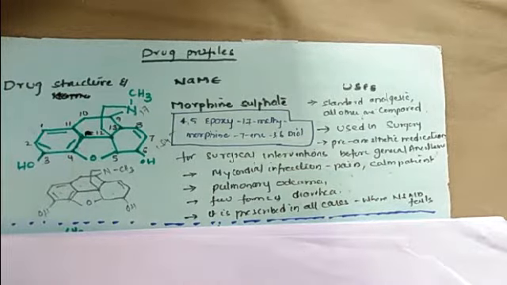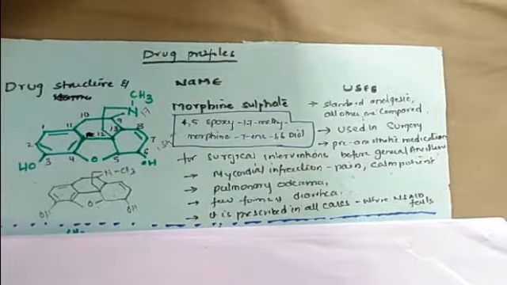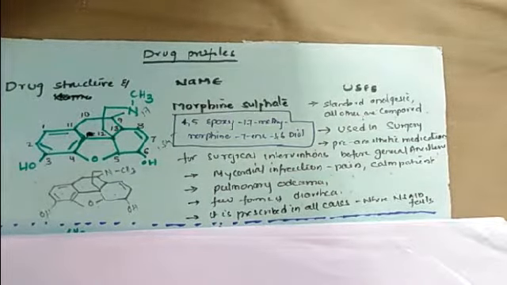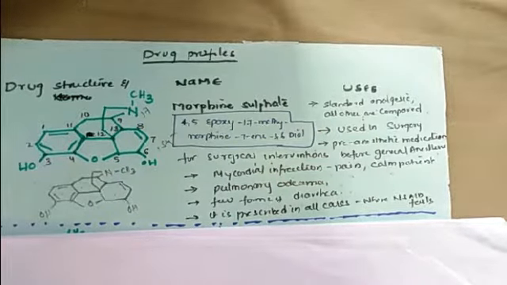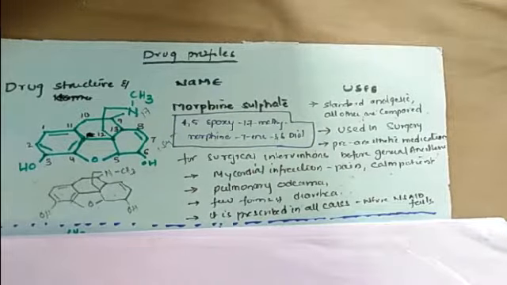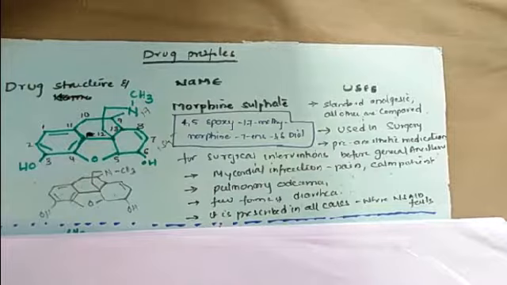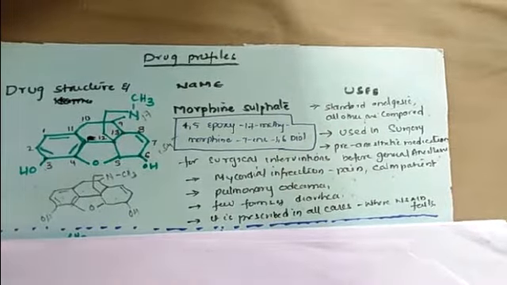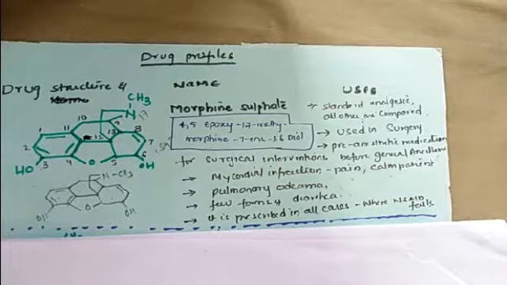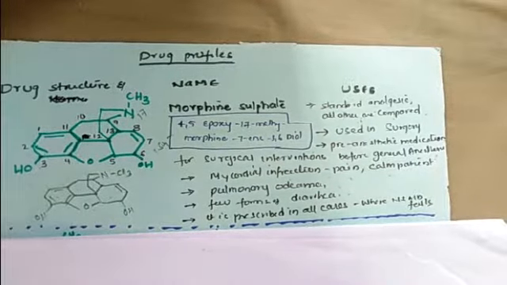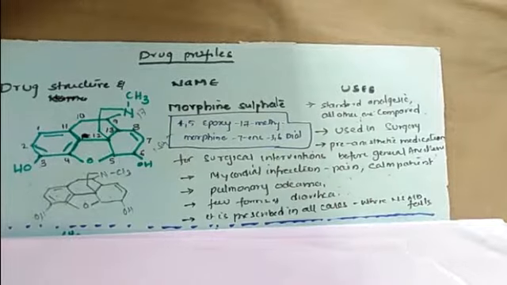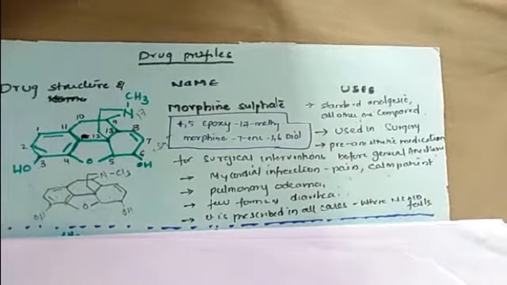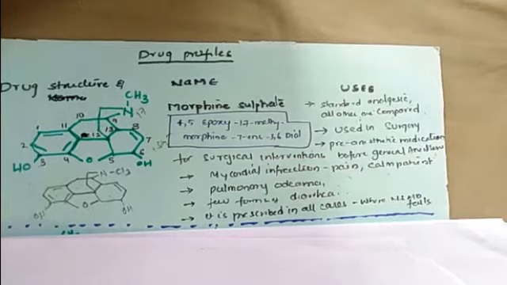Sometimes diarrhea becomes very severe and painful for the patient. In order to control this diarrhea, and as some opioid receptors are present in the GIT, these opioids, majorly morphine, are given. It is prescribed in all cases where non-steroidal anti-inflammatory agents have failed. If a patient is unable to get relief using non-steroidal anti-inflammatory drugs, the best alternative is morphine sulfate.